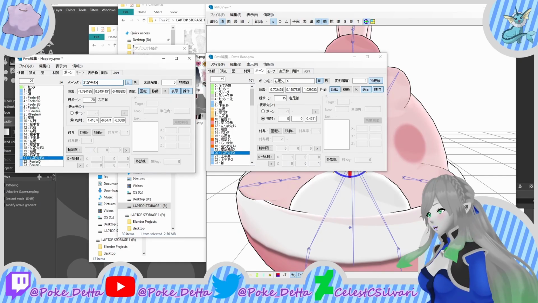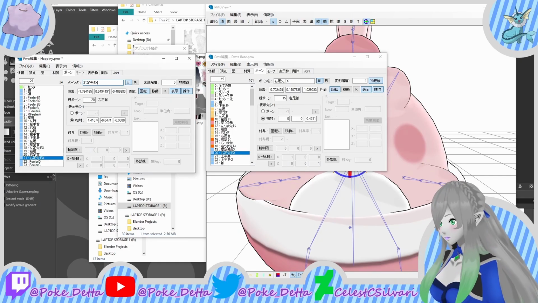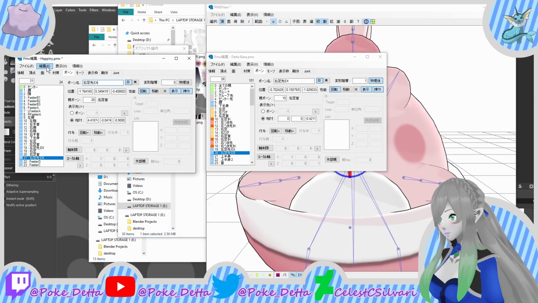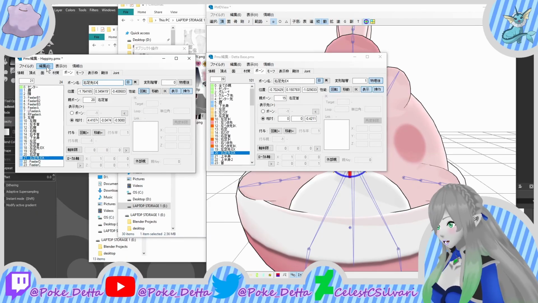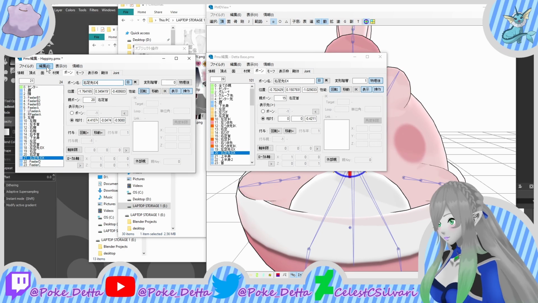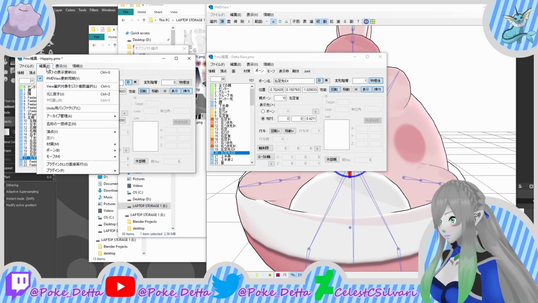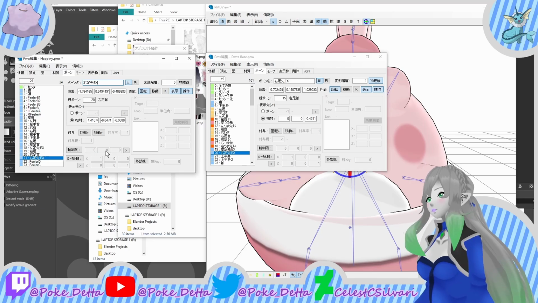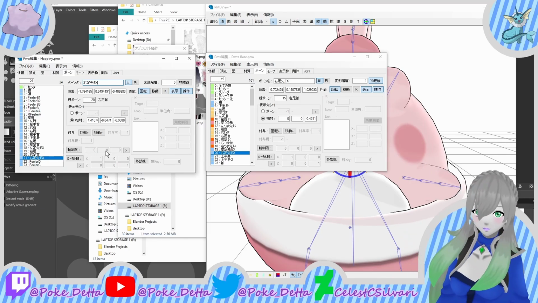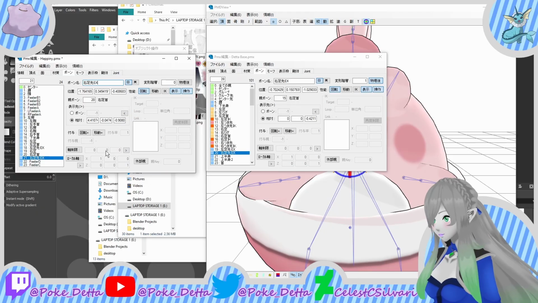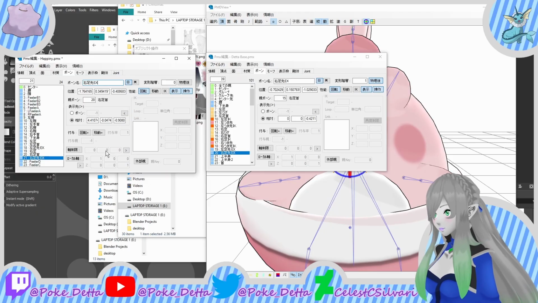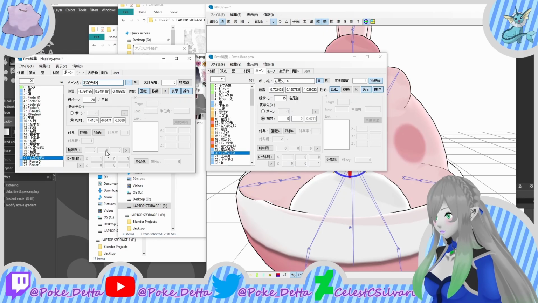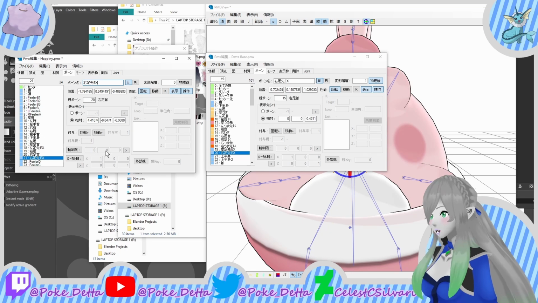Alright, so as you could tell during that speed up process, I didn't mess up with the arms, which meant I undid quite a bit, just so I can make sure I got them named right. But what you want to do after you get done is you want to click E, B, and then merge here, just to check and make sure you have your left and your rights not the same, or well, any bone with the same name, unless you specifically want it to be that way, but just to make sure you don't mess up and make sure everything's separate, because I've done that before and